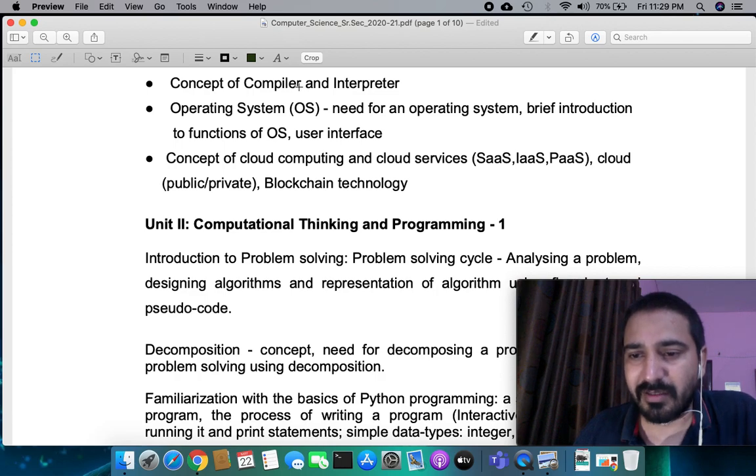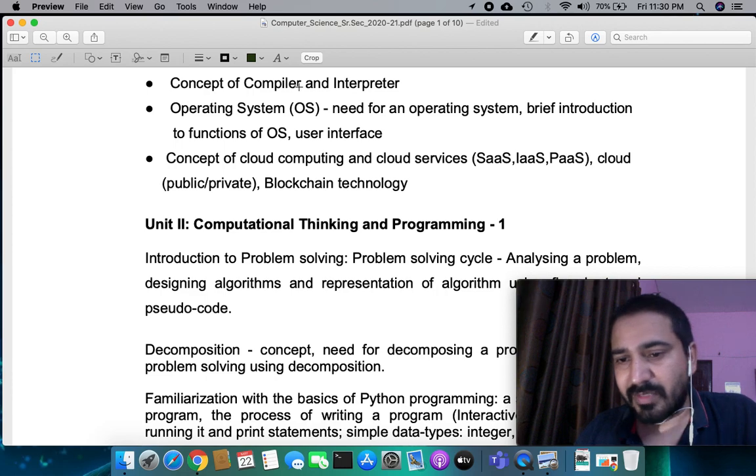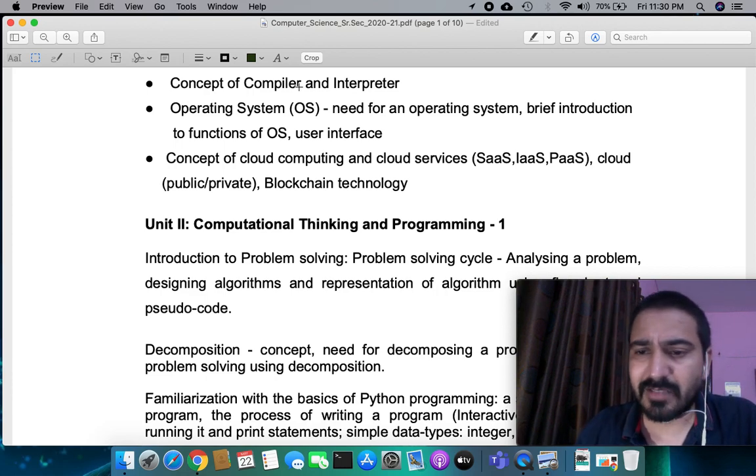I never required knowledge of Japanese or Chinese. Until that translator is available to me, I can't understand what is written in Japanese, Chinese or Russian. That's how the computer is. The computer just knows a simple language, that is 0 and 1, that is binary. So we need to convert that into machine code.